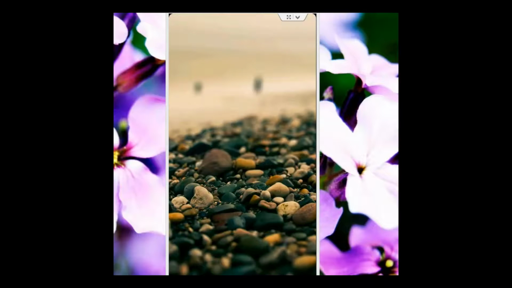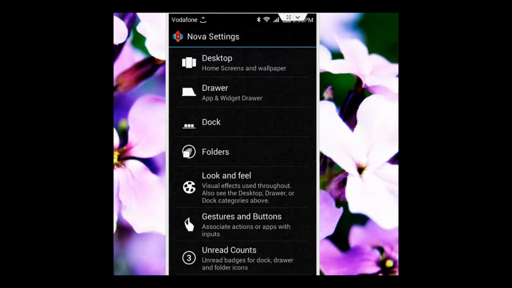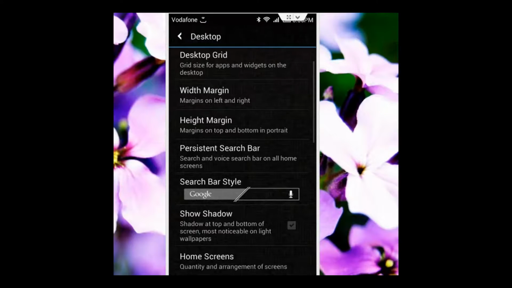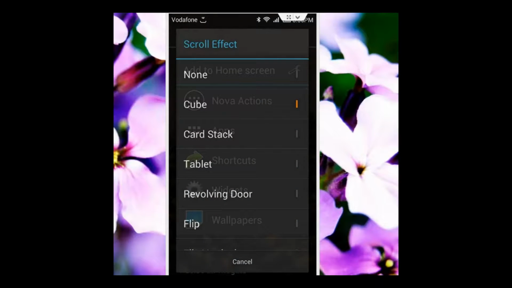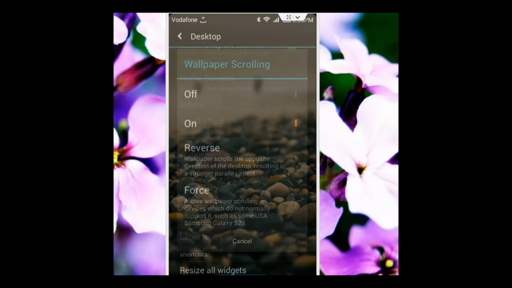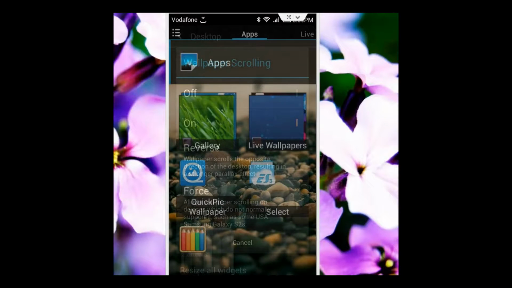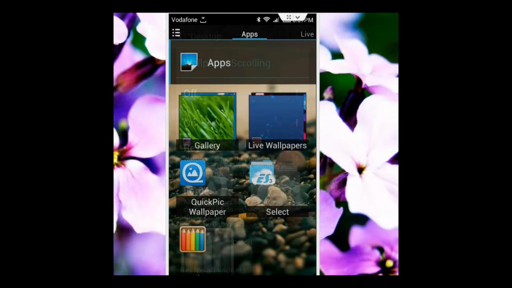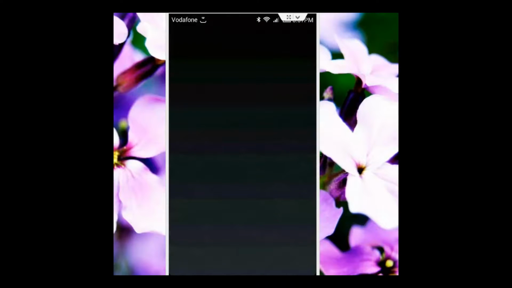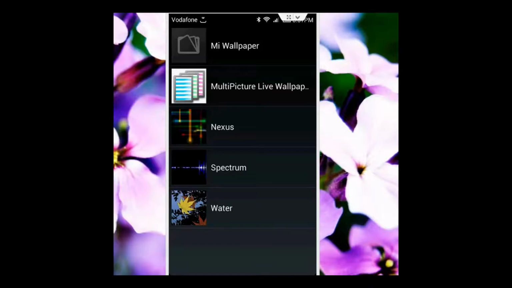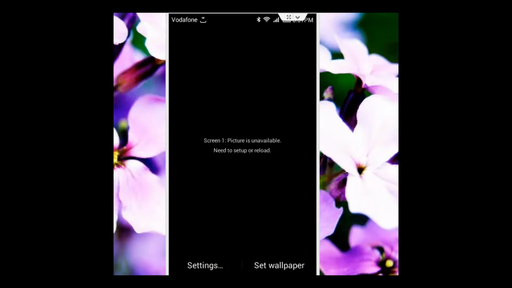Now once done, go back to the settings by double tapping on your home screen. Once it pops up, go to desktop again, and the wallpaper scrolling section. So guys, for the wallpaper scrolling section, that mode should be on. Turn it on, and then go to live wallpapers to set up the wallpaper. And that's the app right there, Multi-Picture Live Wallpaper. Tap into it, go to settings,